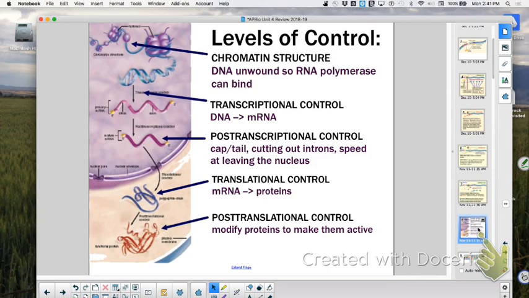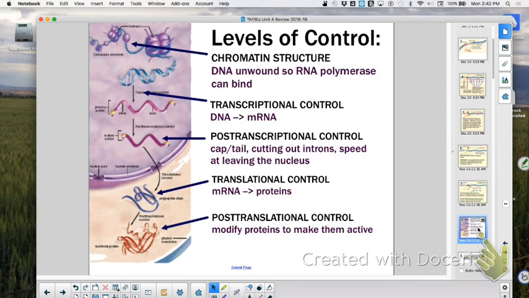We did that one. Translational control. So translational control is anything when you're dealing with ribosome and building your proteins. Exactly. How many ribosomal subunits do you have? Two. What one does it bind to first? The small ribosomal subunit and then the large ribosomal subunit. So anything that interferes with that, anything that interferes with the tRNA's ability to do their job and bring that amino acid. Post-translational control, what does that have to do with? Three-dimensional folding. Folding pattern. And who does the folding?